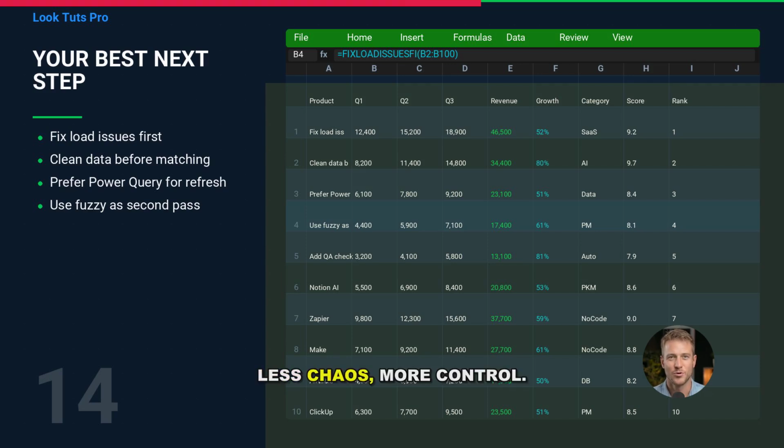Less chaos, more control. If you want, I can also outline a repeatable template: exact match, fuzzy match, exception review,